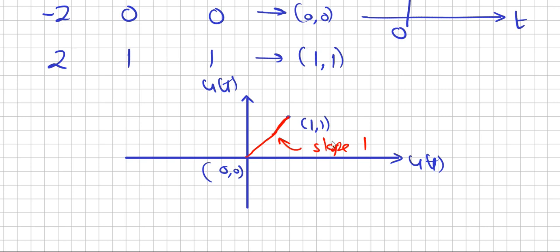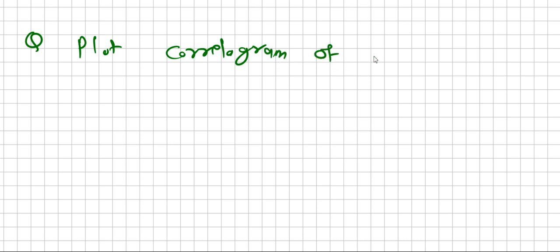Now let us take one more question, and you have to tell me what will be the correlogram. So plot the correlogram of sin 2 pi t and cos 2 pi t. What is the relation between sin 2 pi t and cos 2 pi t? Pi by 2. Pi by 2 means we have a phase shift of 90 degrees. A 90 degree phase shift means we will get one circle. Yes or no? The plot of the correlogram will be one circle.